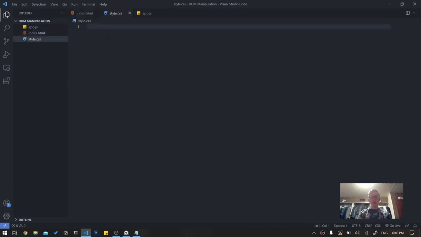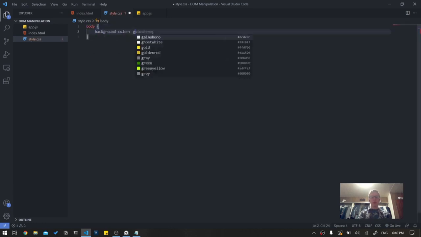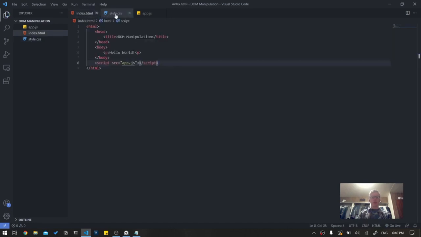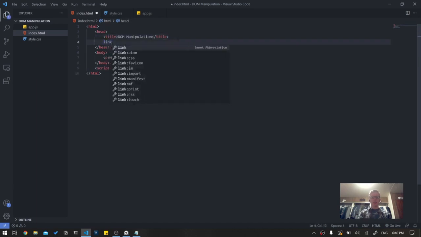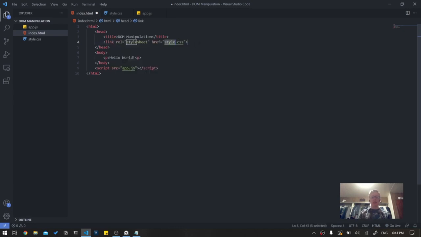And to make sure this is working, let's do a body and we'll do a background color of green. Okay, now we link the style sheet, the style.css, up here in the head tag. So let's create a link tag. And you can go down to CSS here if you've got the Emmet abbreviation on. But all that's going to do is tell the code that it's a style sheet and give the link to